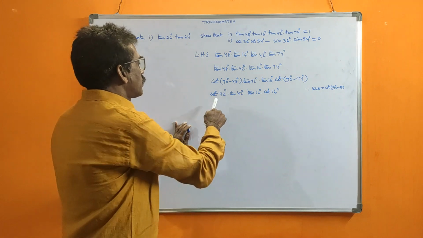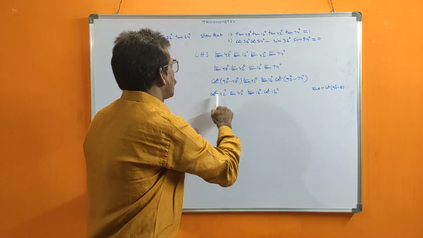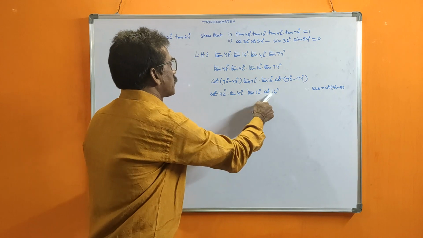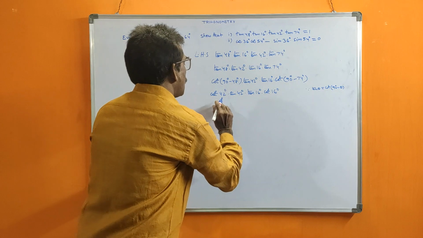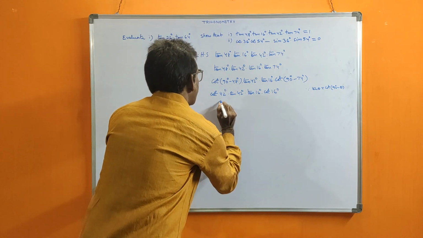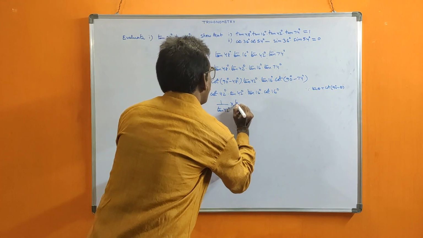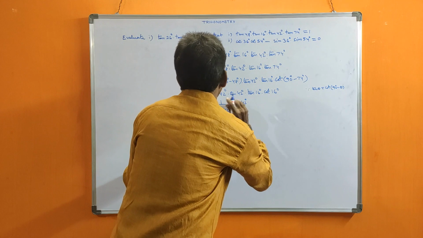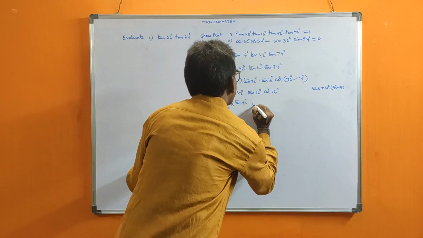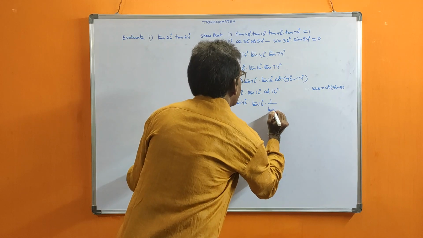Now if you observe, these two are complementary, opposite, which means inverse ratios. Tan and cot are inverse ratios with the same values. That's why you can invert any one of these. I am inverting cot. So cot theta is equal to 1 by tan theta. That means tan 42 into tan 42 as it is. Now here cot inverse, here also cot inverse. Follow the order, then it is better.